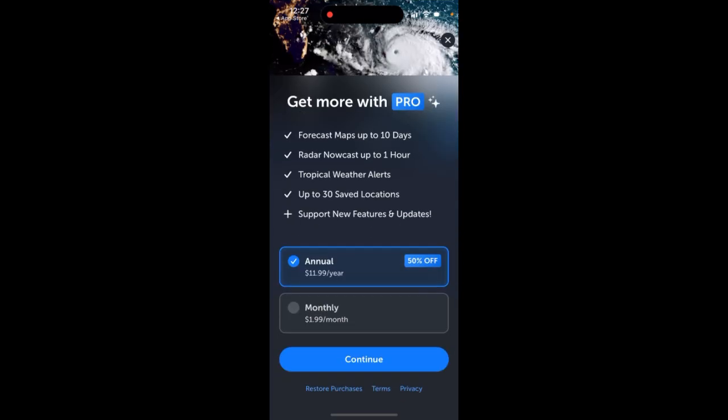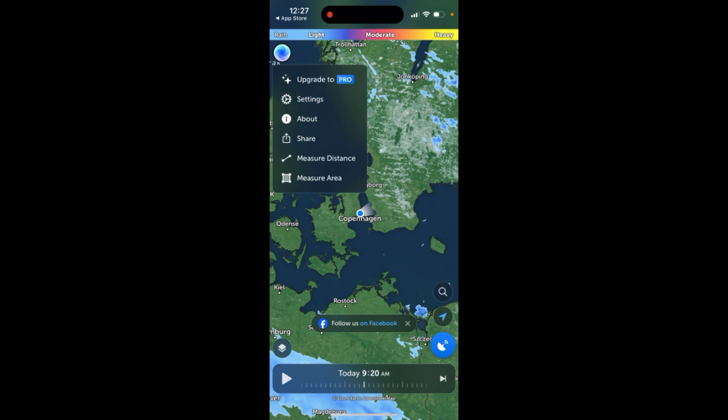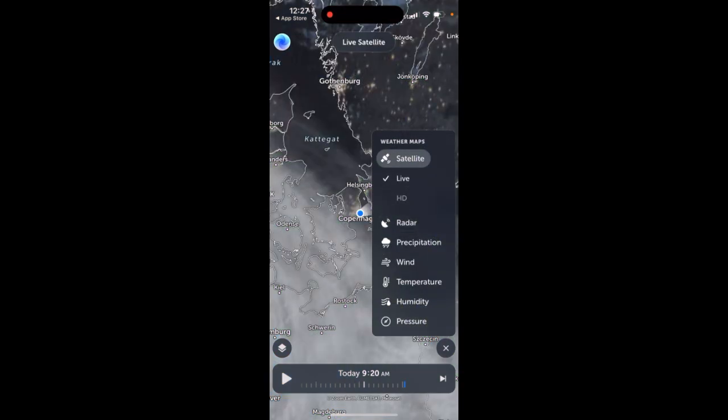Measure distance, upgrade to Pro. Annual just $12, monthly $2. Forecast maps up to 10 days. Radar, nowcast 1 hour. Tropical weather alerts. It's pretty cool, just to see the satellite and